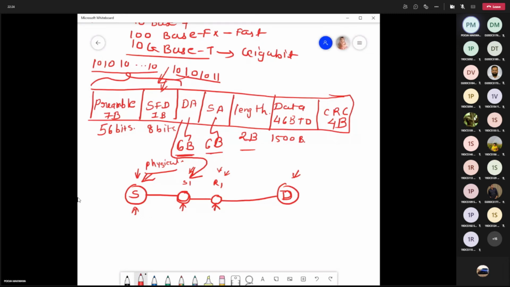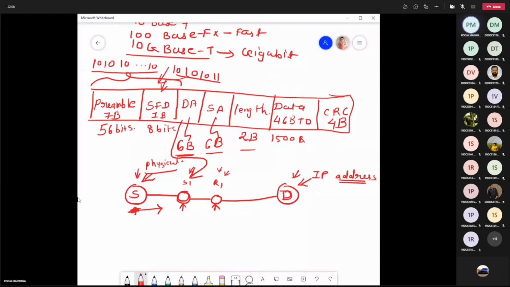Whenever you are sending the data, you know the physical address of yourself, right? But you don't know the physical address of the destination, right? So the physical address of this machine is not known, right? So what they will be doing, they will be using the IP address. Right. So at this point, whenever the data is starting from the source, they get the particular destination's IP address.